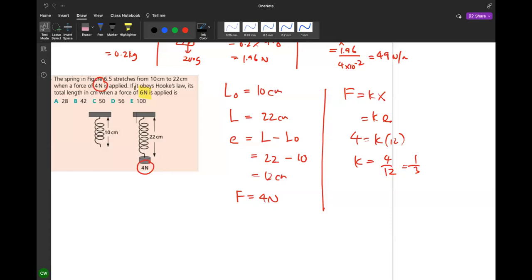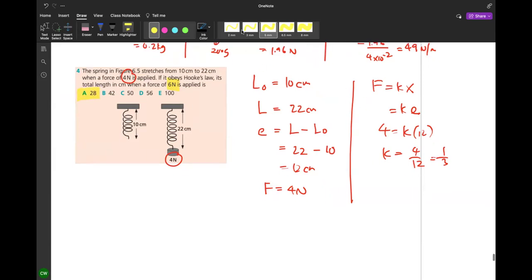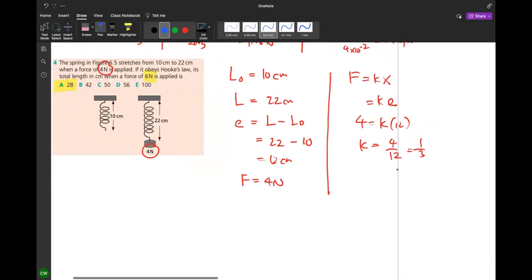K 吗？找到吗？ Able? 为什么 able? 嗯 28. 28. Okay, is it 28? Okay, how do we know it's 28, not 28? Okay, now we have found this. That means this is a K value. Now you apply with